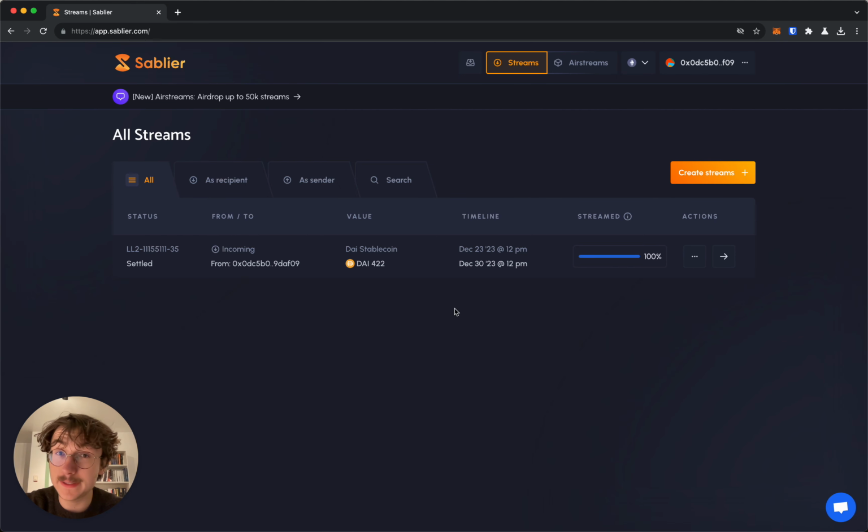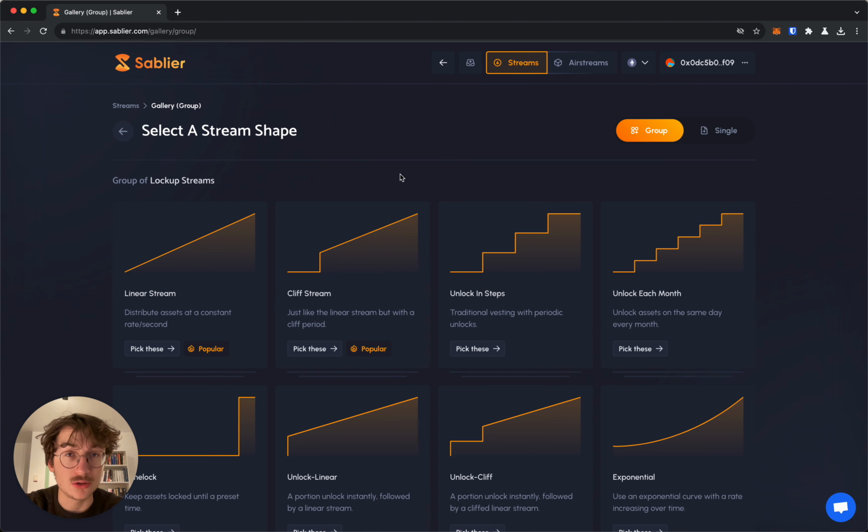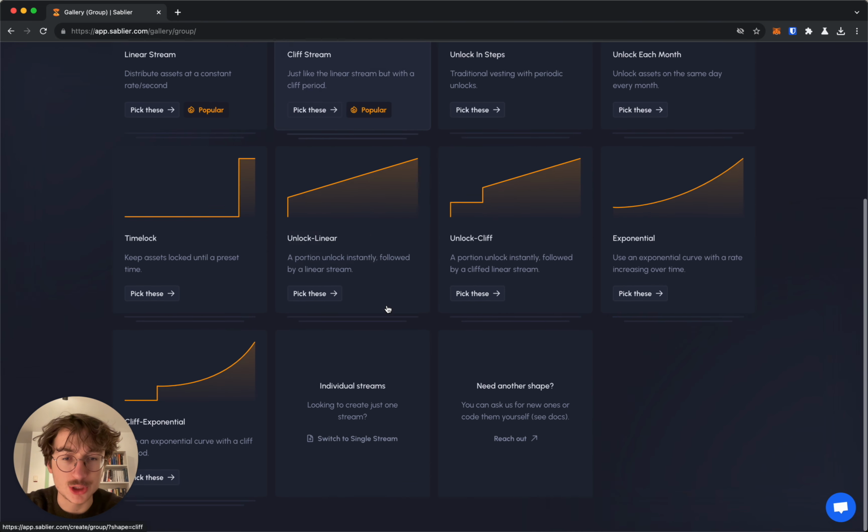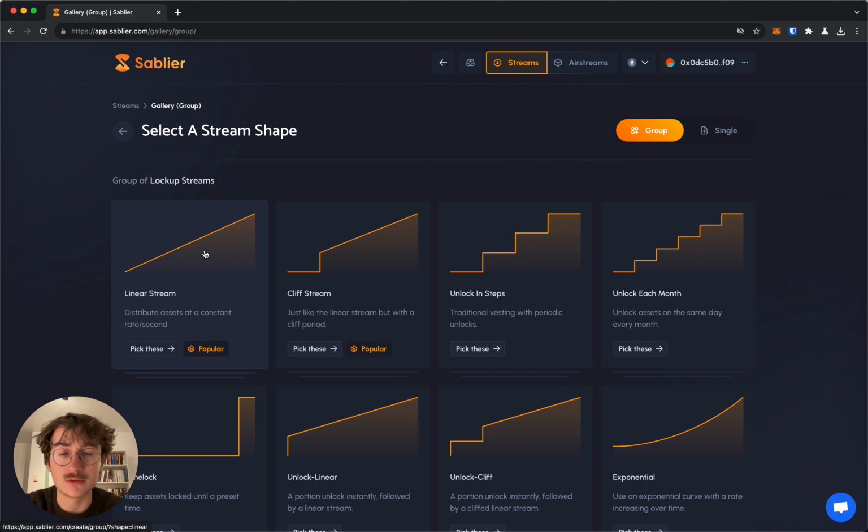Hi, in this video we will see how to create a stream or a set of streams or general payments through Sablier by using a CSV file as opposed to entering the data manually. So when you click here on create stream, you can as usual select a stream shape. In this example I will use linear stream,